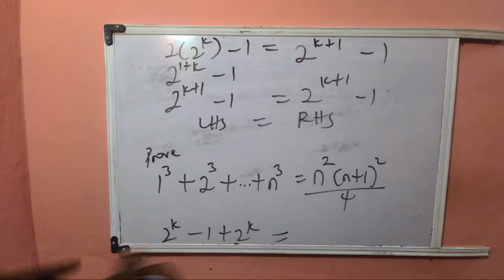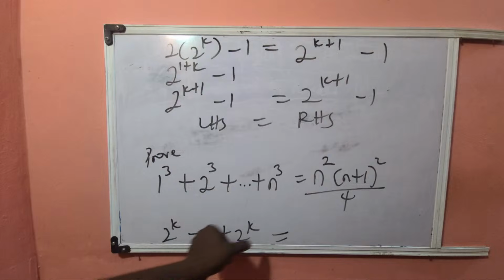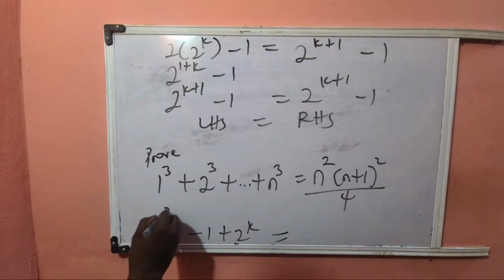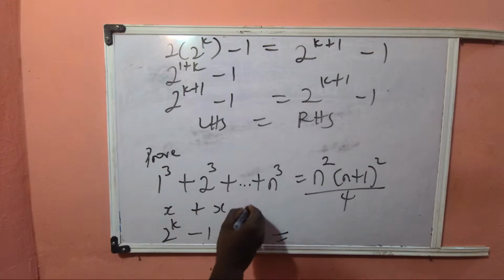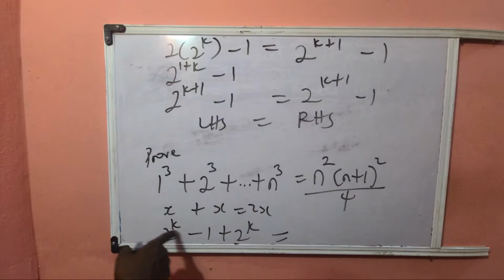Now, when we had 2 raised to power k, it's more like when you had x. If you had x plus x, you would say the answer was 2x. So when we had 2 raised to power,